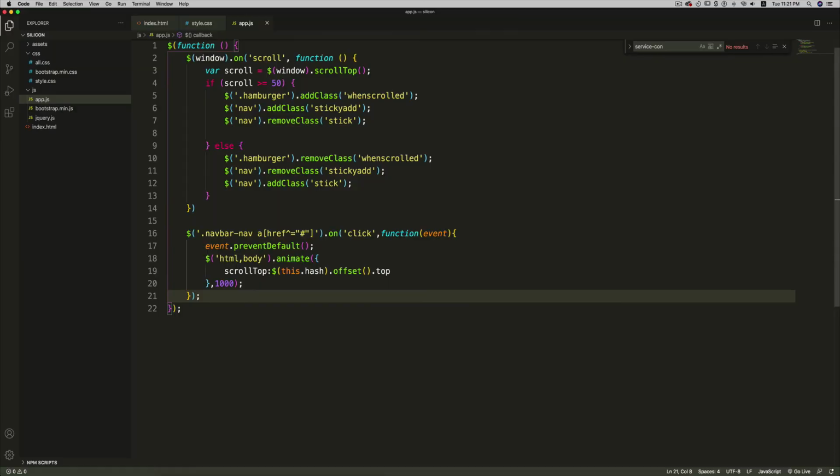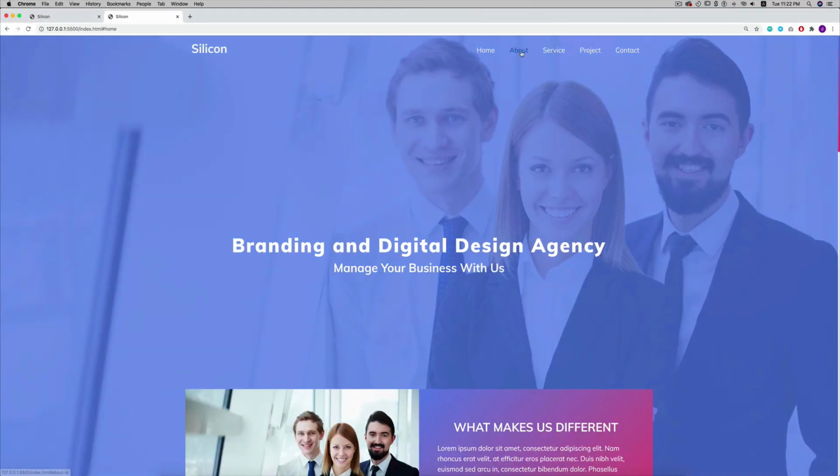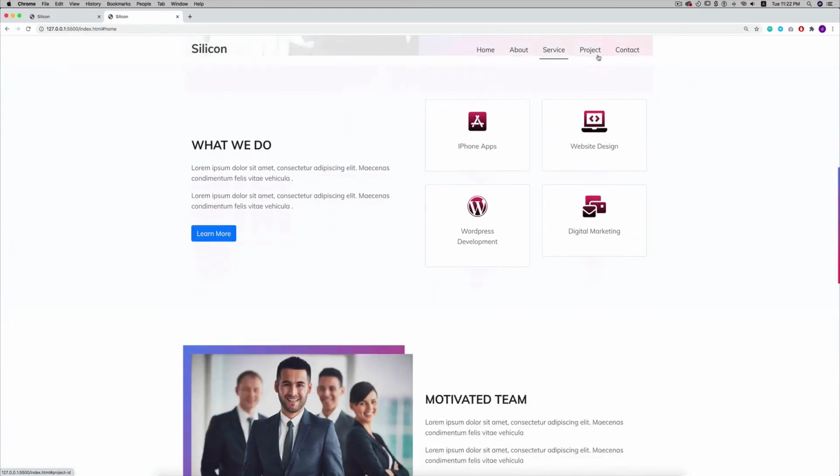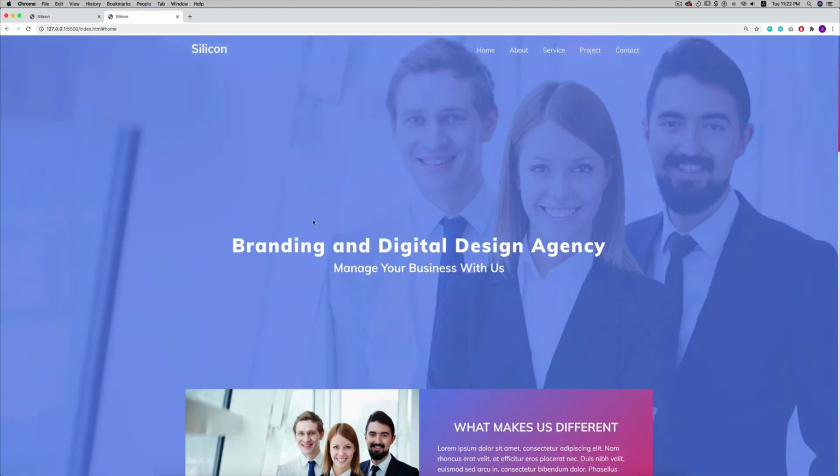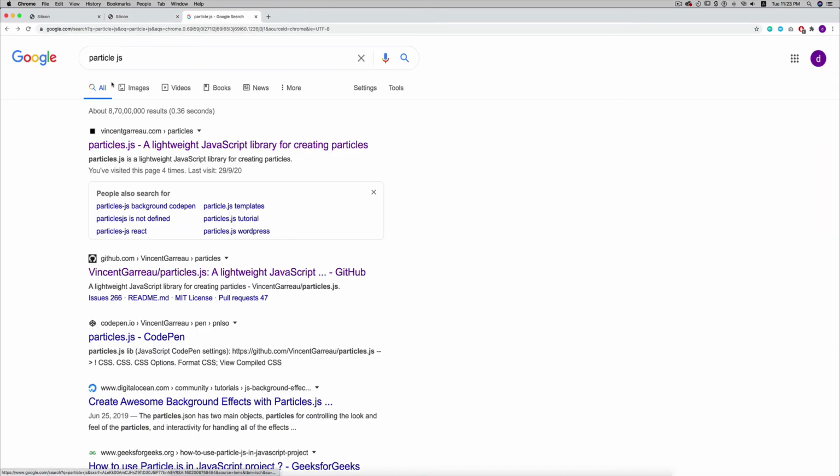So now let's see what happens. If I click on any link, it will take me to that section. So this is the smooth scrolling effect. Now let's add the particle effect to our page. So open up Chrome and search for particle.js. This is the link that you need to go to,